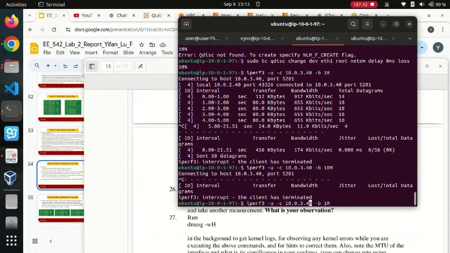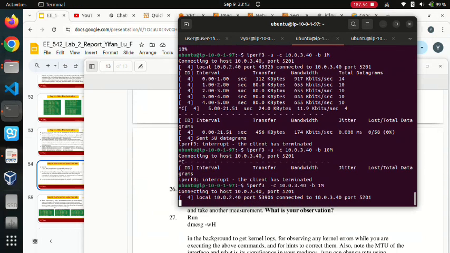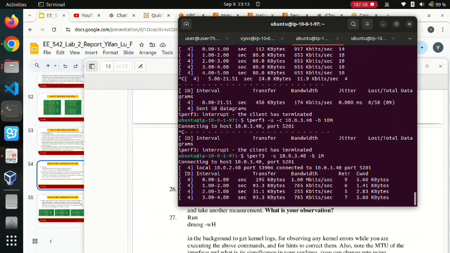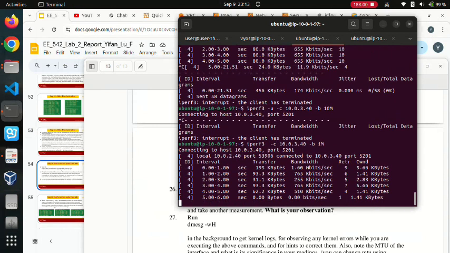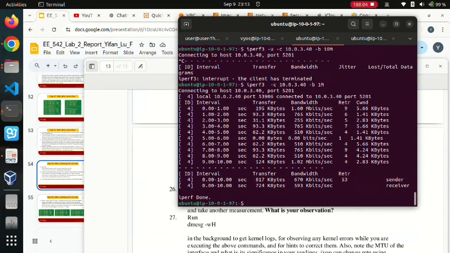And also we can use TCP. Just remove the U. Okay, we can try to test it via TCP. Okay, we can see based on TCP, it is successful, and we can also see the bandwidth is pretty low,